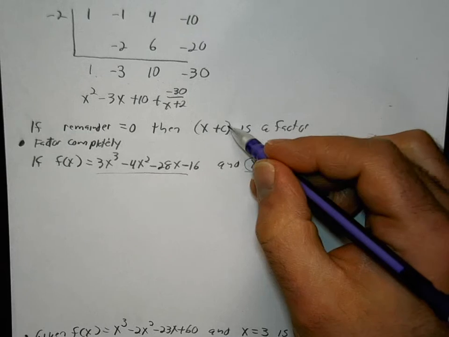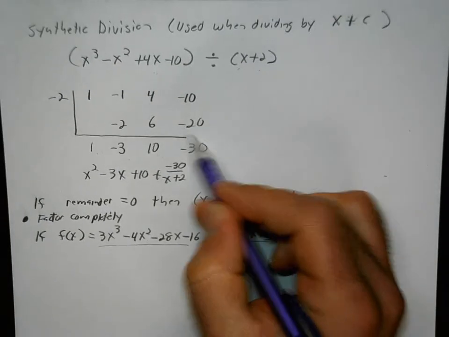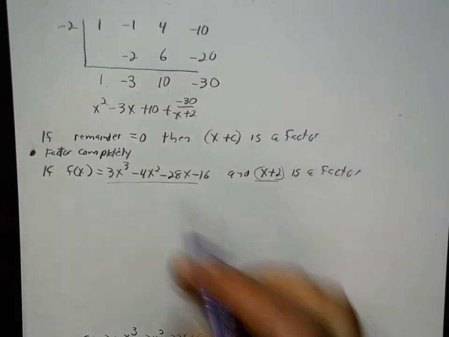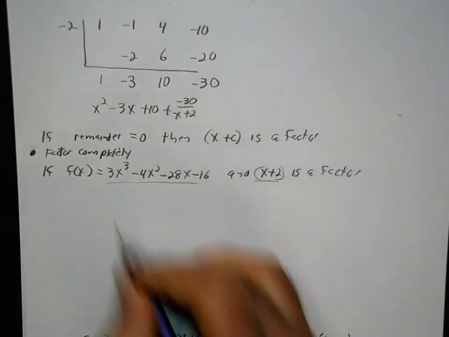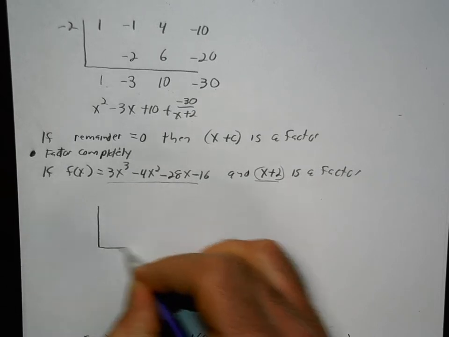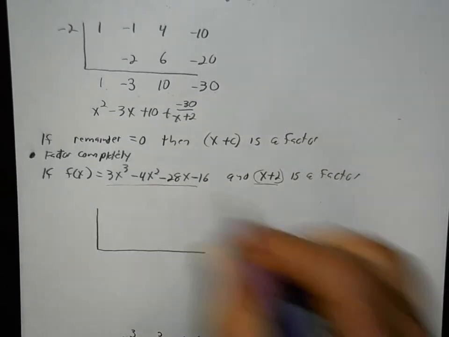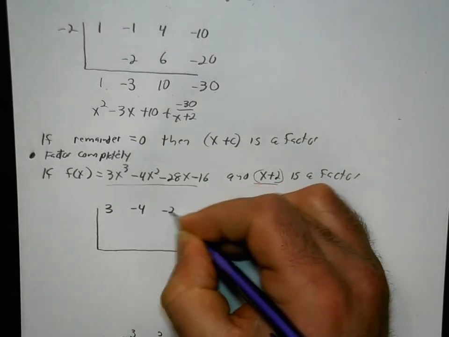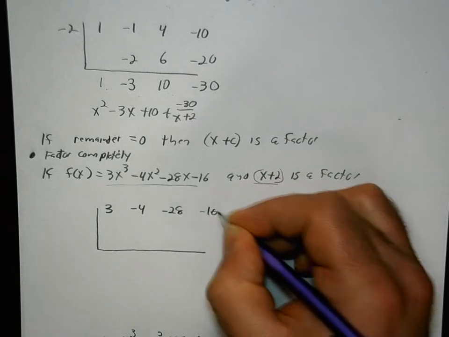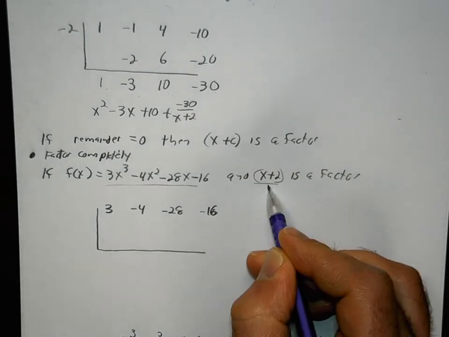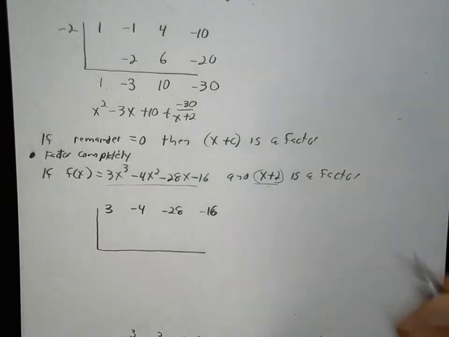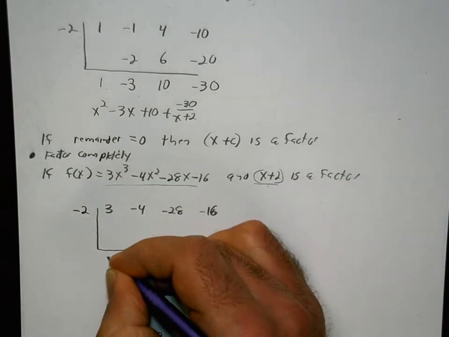Okay, when I divide these in here, if I get a remainder of 0, I know that this term is a factor. That's the way it works. So let's do synthetic division on this. I'm going to put my 3, negative 4, negative 28, negative 16 out here. And now what makes this 0 would be negative 2, right? x plus 2 is a factor, so I want to divide x plus 2 in here, so I get negative 2. Okay, so I'm going to bring the 3 down,